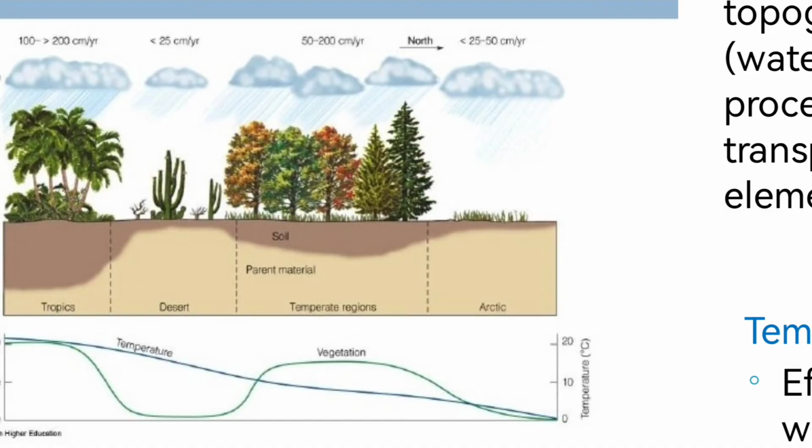Then we have there the desert, which is less than 25 centimeter per year, so it's less than 250 millimeter per year rainfall. Then we have there the temperate regions, which has 500 to 2000 millimeter per year of rainfall. And then we have the Arctic, which has a less than of 250 to 500 millimeter per year rainfall. As you can see, the temperature, it also varies from 0 to 20 degrees. And on the other side, the vegetation is about non-moderate and high.